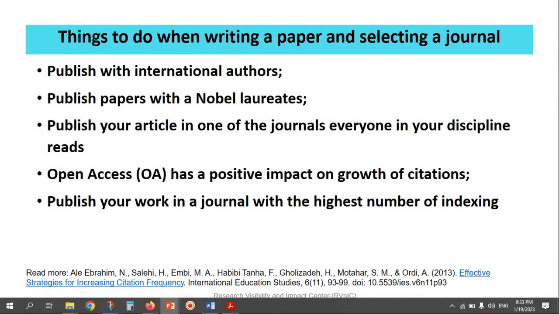I mentioned before publication, during selecting a journal, the collaboration is also very important. Try to publish your paper in an open access journal, and also, as I mentioned before, try to publish your paper in the highest number of indexations. It should be indexed in a lot of databases, as I mentioned previously.